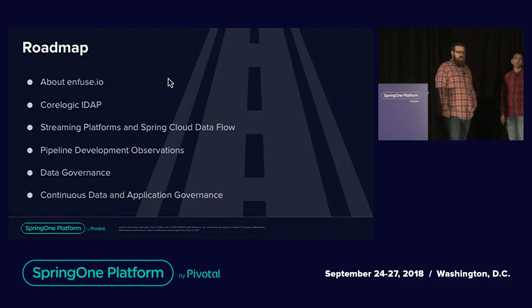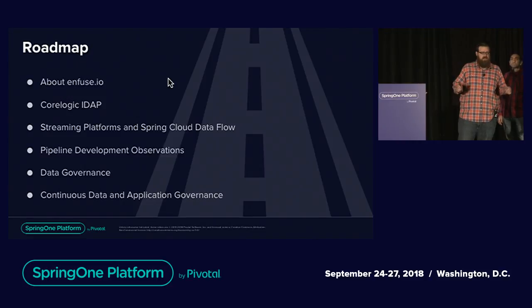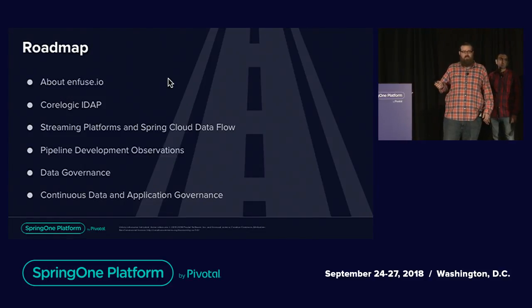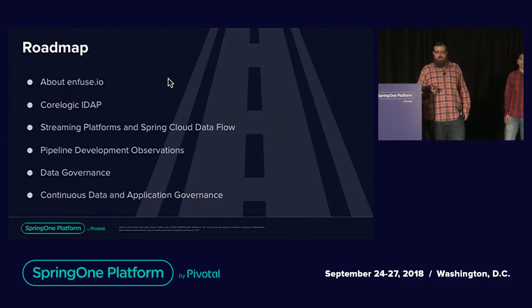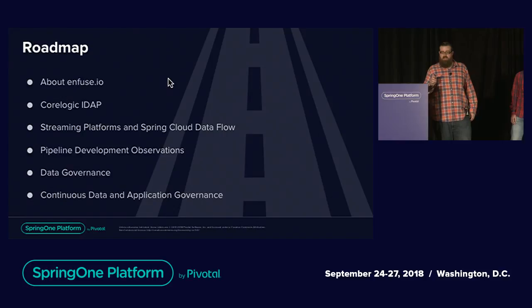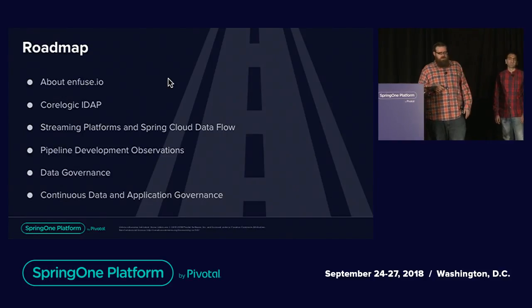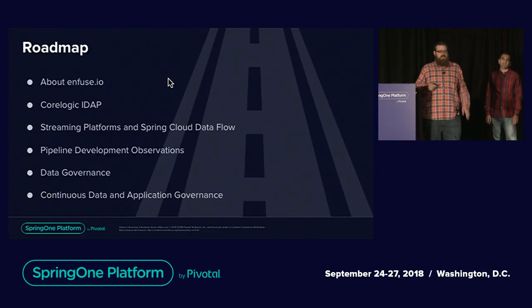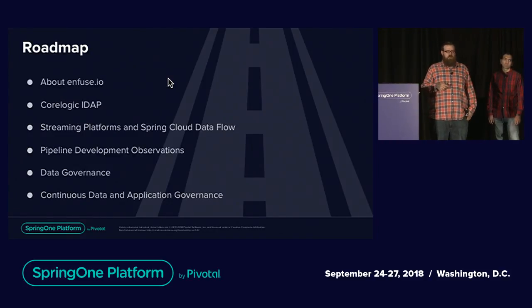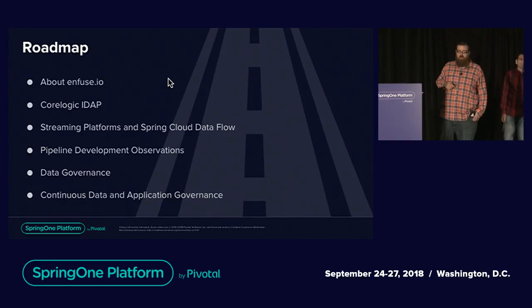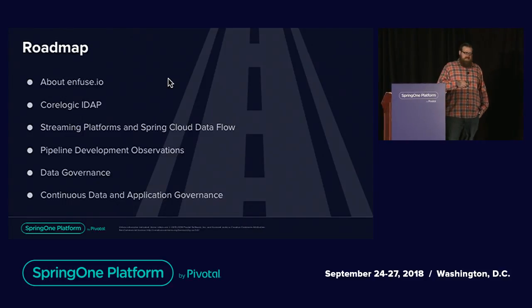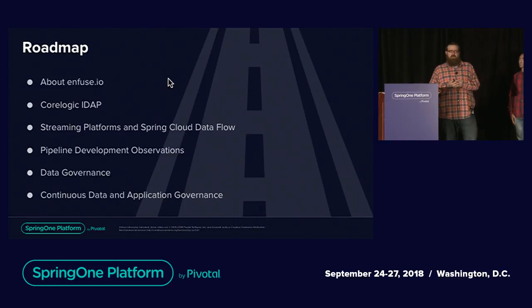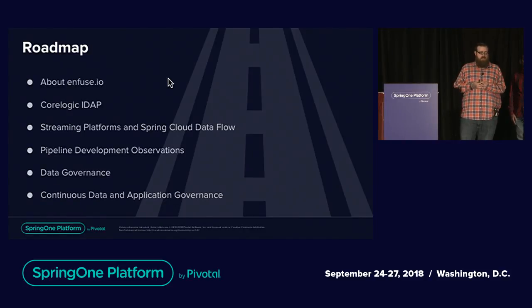That leads me to a question. Out of the 10 people here, are you all developers, or are there any data governance people in this audience right now? All developers, right? Okay. That's good, actually, because we're all developers, too. That said, there are organizations called data governance teams. They exist. They're real people. They have families and kids, and they're probably in your organization, and you might not know about them. This entire talk is about how we bridge the gap between the data governance teams and the pipeline development teams.